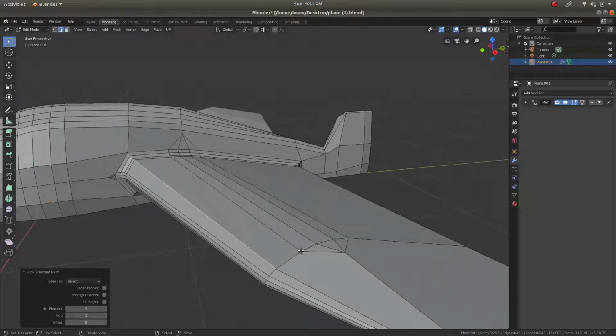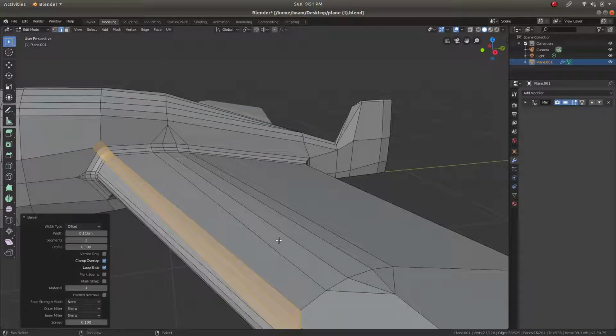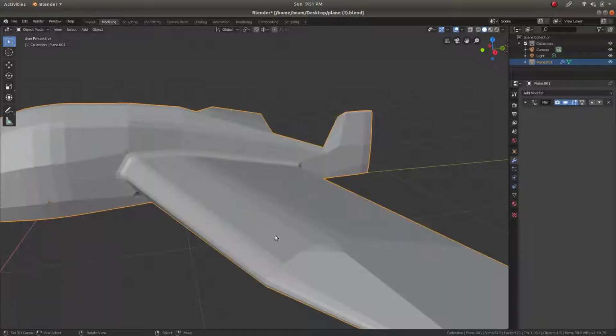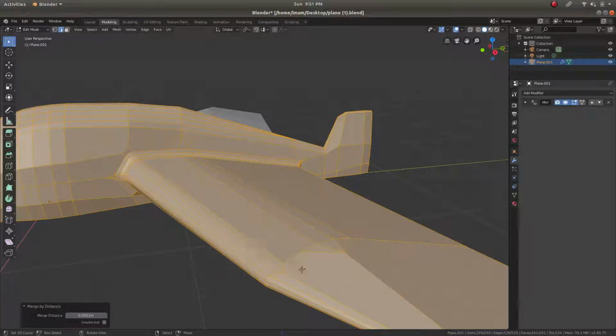It's Control and Control V, and of course we go up to there, and that's it. And we select everything and Control V, merge vertices by distance, 1 removed there, and this one,